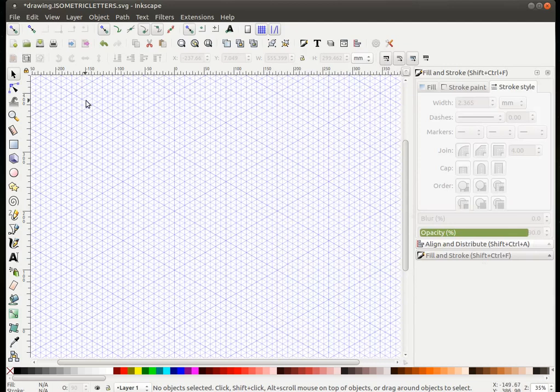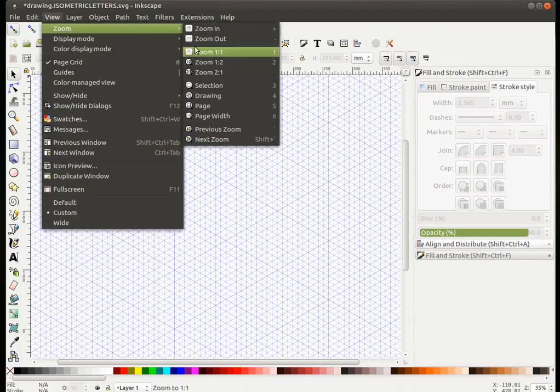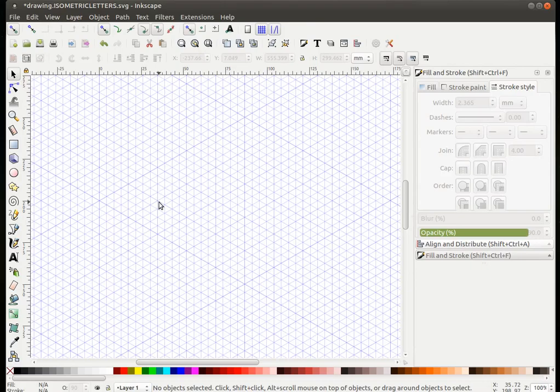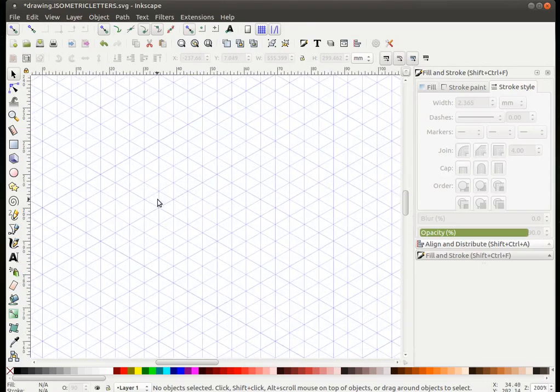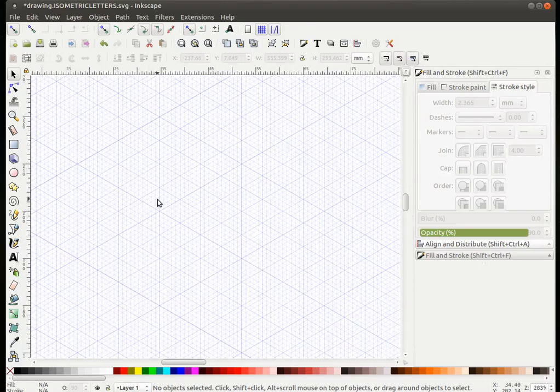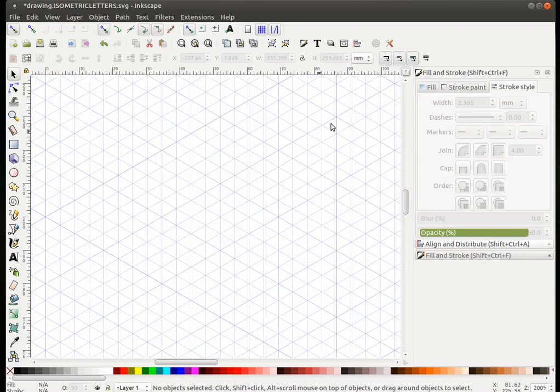Let's close that and come to our grid system. The next thing I'm going to do is make sure the grid system is zoomed to 1:1, and there we go. So we're going to use it in that way.